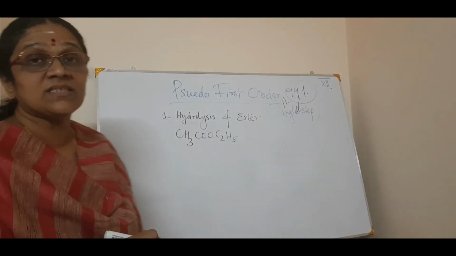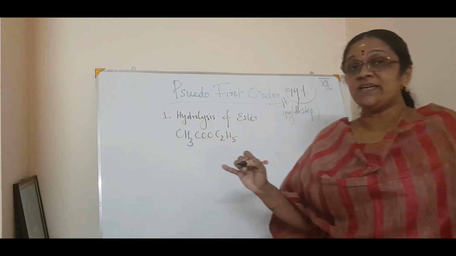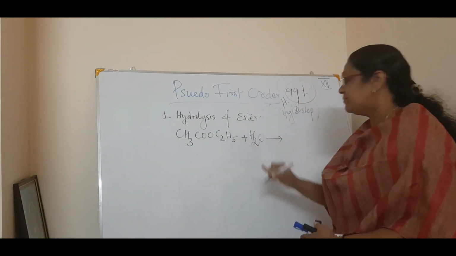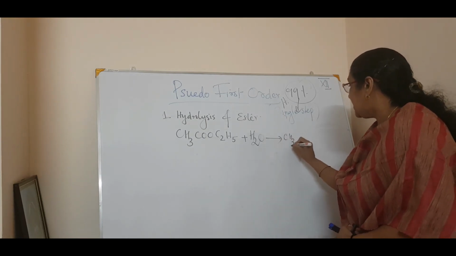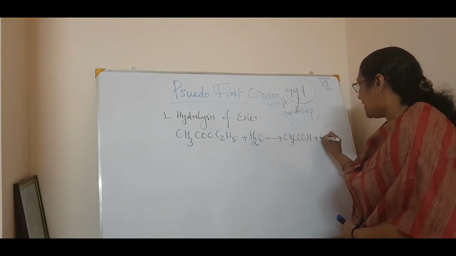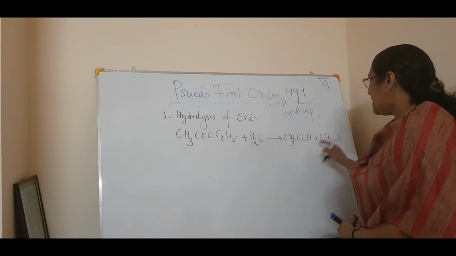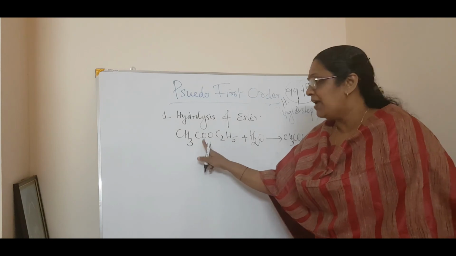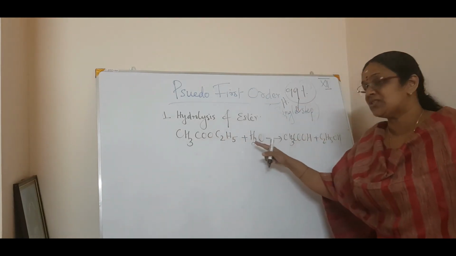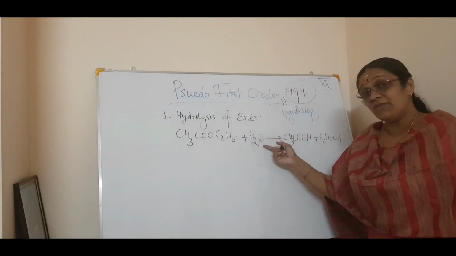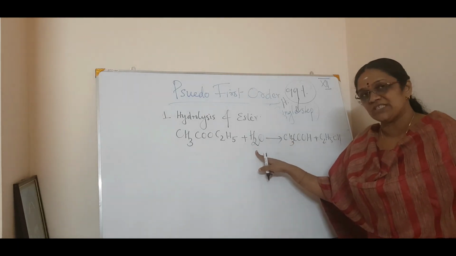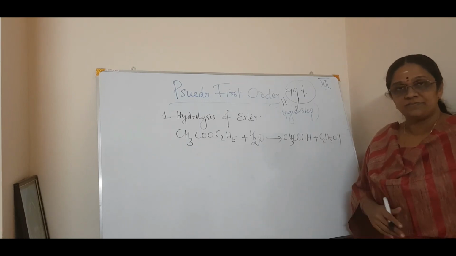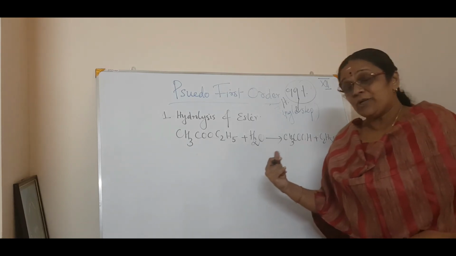On hydrolysis. What do you mean by hydrolysis? Hydrolysis means reaction with water. So when it reacts with water, you will get CH3COOH, acid, plus alcohol. Because when acid plus alcohol react to give ester, that is esterification. And when ester reacts with sodium hydroxide, you call it saponification; with water, you will get the same acid and alcohol.